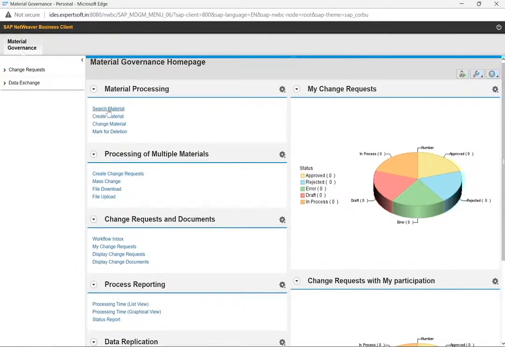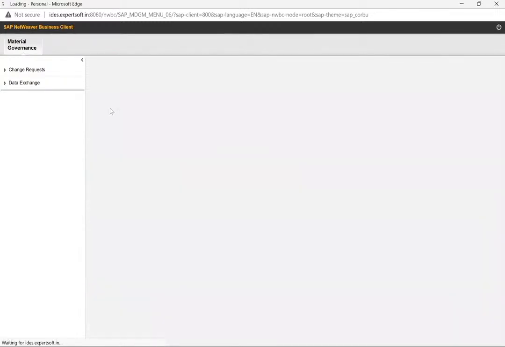You have some such applications for material master. Of course, SAP provided direct creation of a material here itself. If I click on this one, it will take me to the material creation screen, or else I can change an existing material, or I can mark an existing material for deletion. But these links are not actually mandatory here. All these operations you can also do from the search application. If I go to search material,